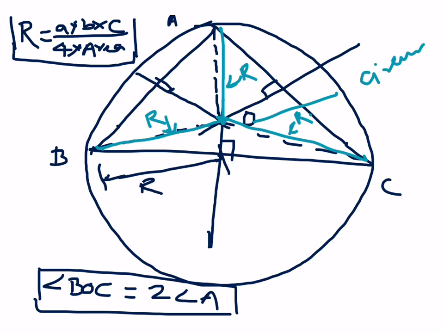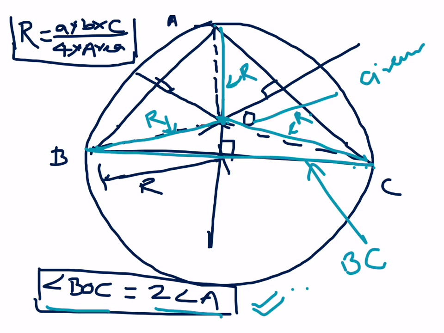Again, if you see, this angle BOC is the angle made by this chord in the circle. I mean BC will become a chord as soon as you draw a circle. The chord BC is making angle BAC at what? At the circumference. So angle BAC is on the circumference and angle BOC is at the center. You know, in a circle, the angle made at the center is twice the angle made at the circumference. So angle BOC will be twice angle A. Very important concept. Please remember this.